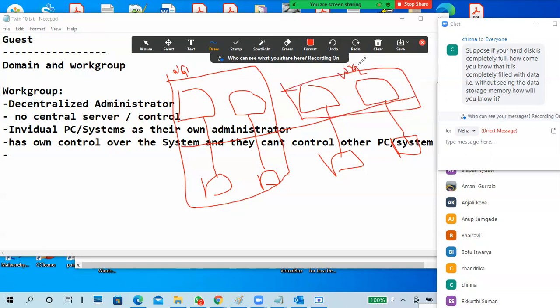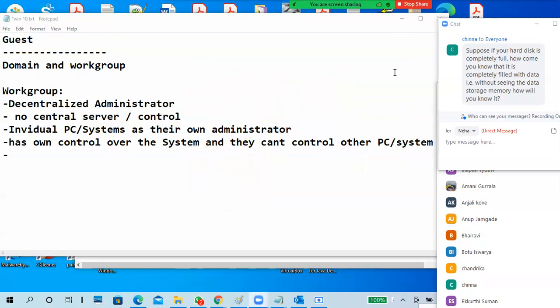The group name is work group two. So they can commonly share printers and scanners within themselves. Easily they are able to share it because they belong to a group, members of a work group, but no centralized control. They can share common data because they belong to a particular work group. That's it.